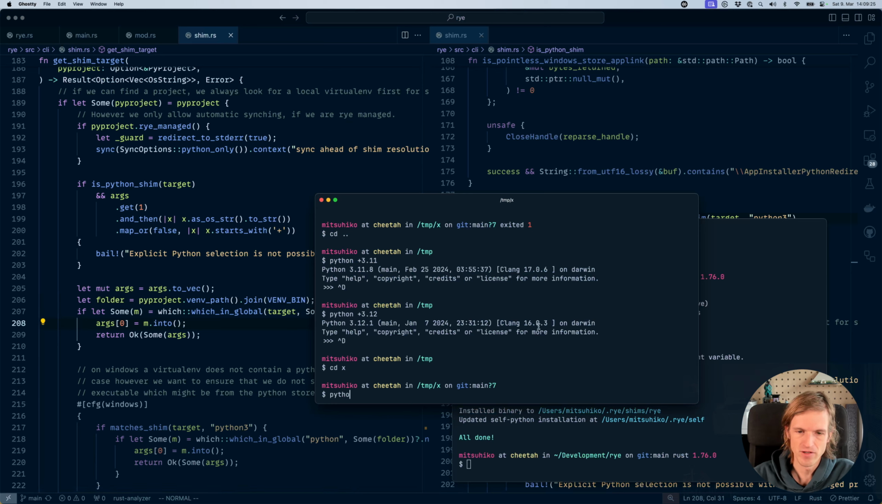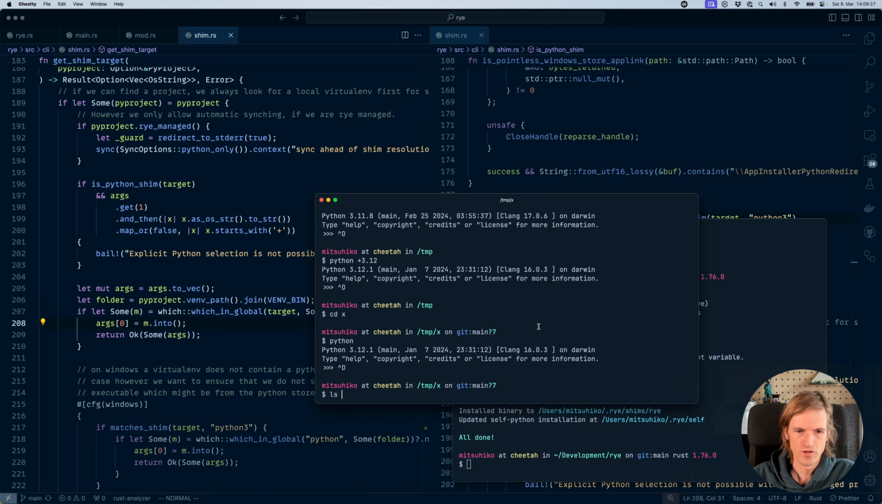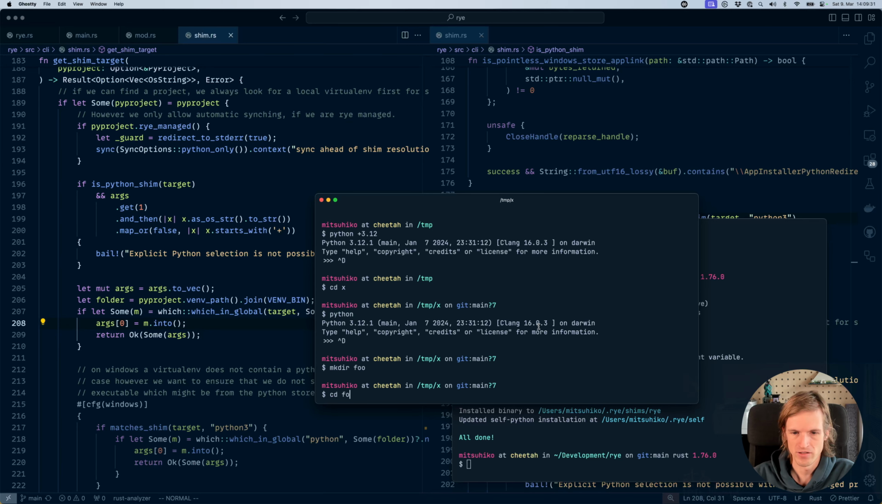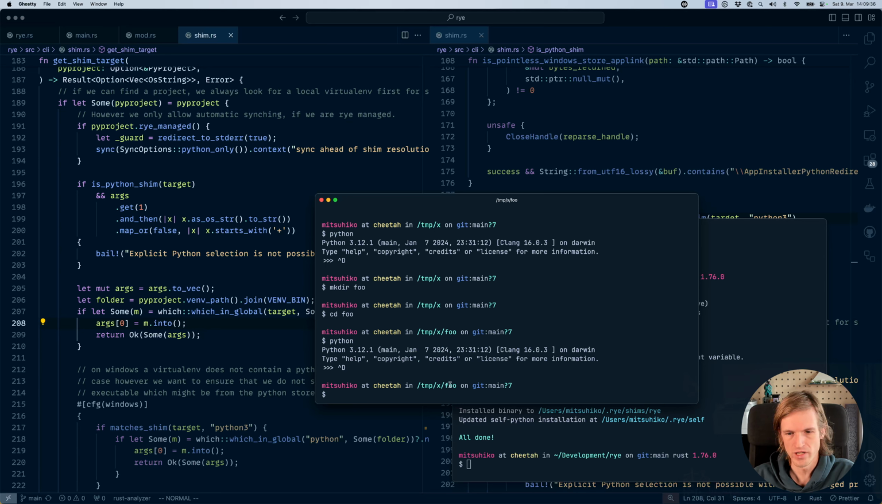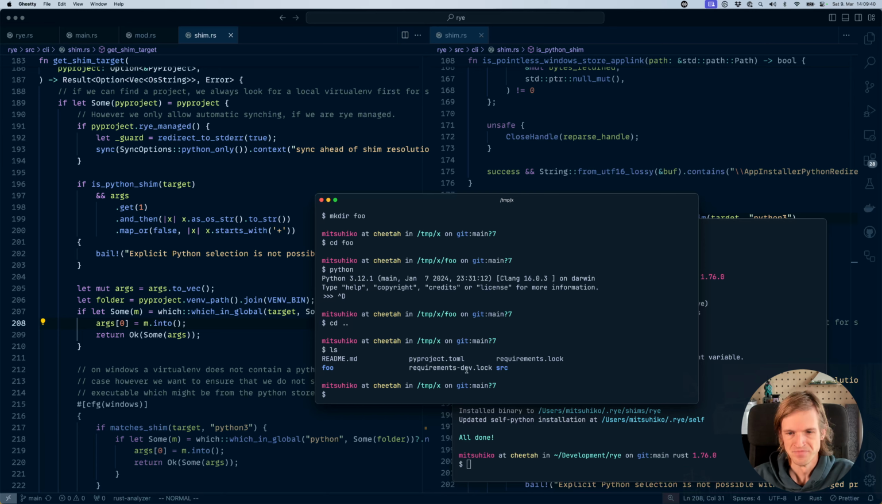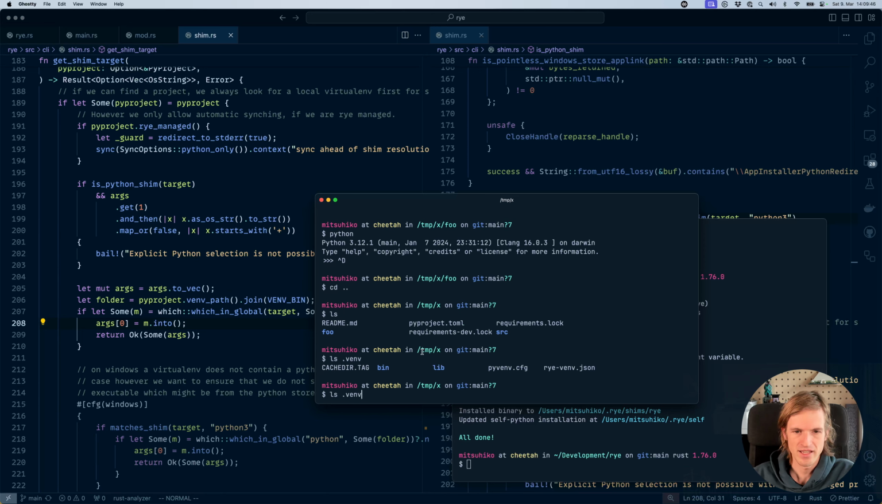So basically, if I run python here, it will look for the pyproject's virtualenv. So I can do foo here, right? Even in the subfolder, it will still find it. Why? Because it locates the pyproject, which is one folder up, just here. Then it looks for the venv path, which is this here. And then it joins